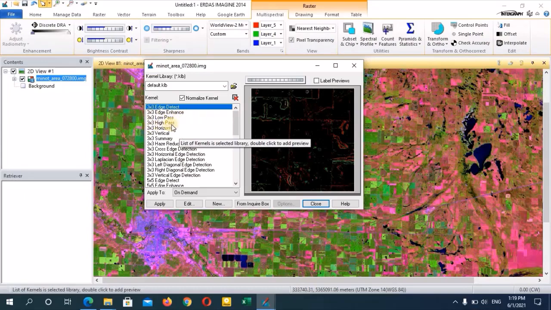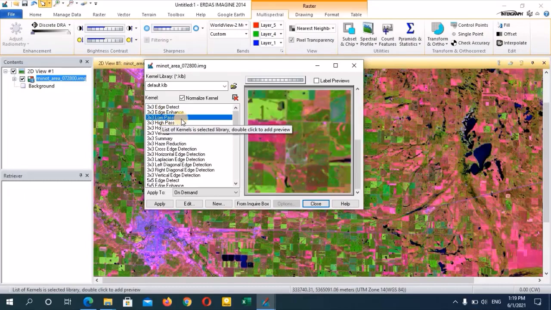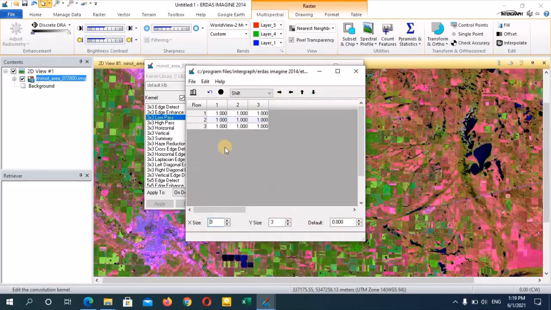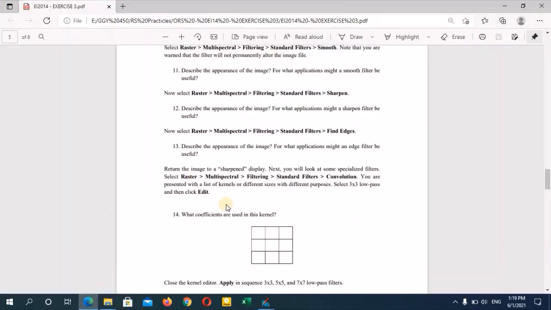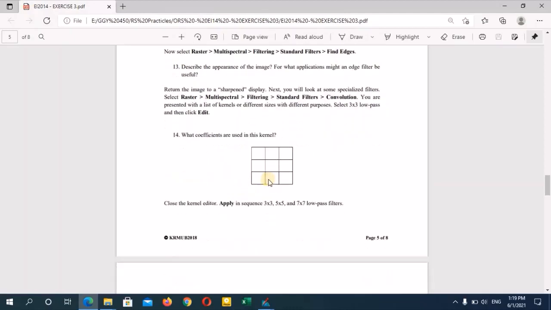Filters like low pass filter, high pass filter, edge enhance, vertical filter, likewise different filters. So your next exercise is you have to go first of all to the low pass filter, click on low pass filter, then go to edit and see the kernel in there. So this is a 3 by 3 kernel, or the low pass 3 by 3 kernel. Then you have to go to your exercise with the practical PDF, and you need to fill these kernels by